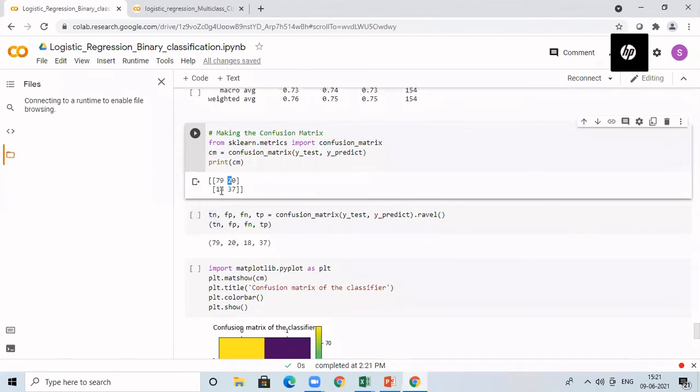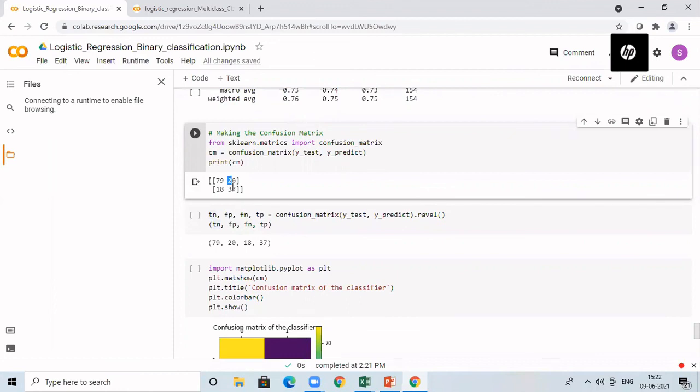And if you see 18, it is in row 1. Row stands for our actual value, so actual value is 1. And column is 0. Column stands for predicted value, so predicted value is 0. That means actually it is 1 and it is predicted as 0. That means it is false, so F is there. It is predicted as 0, that means false negative.